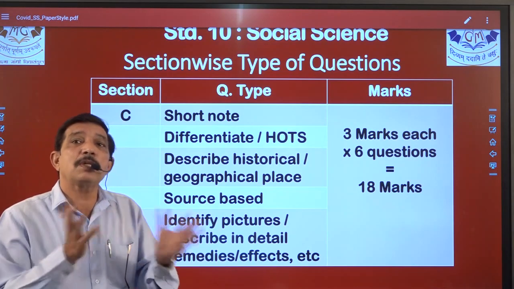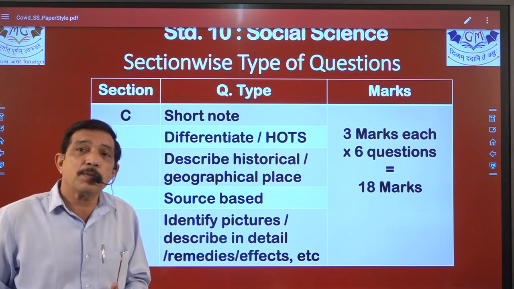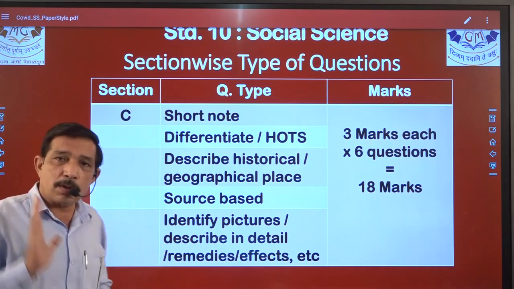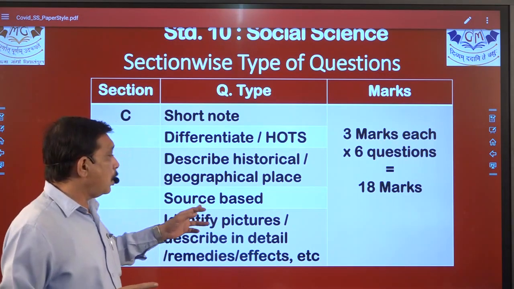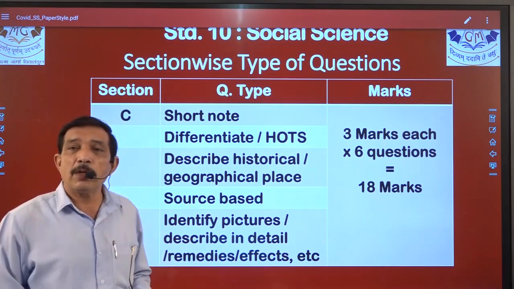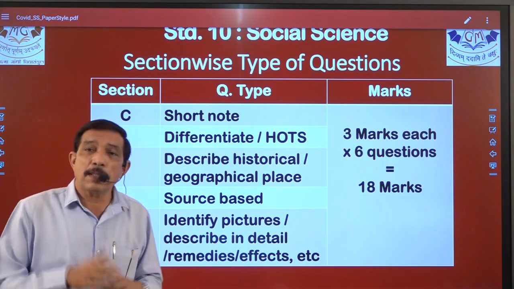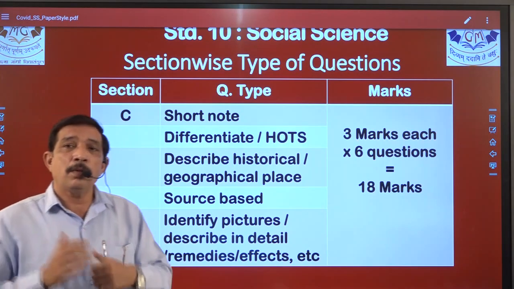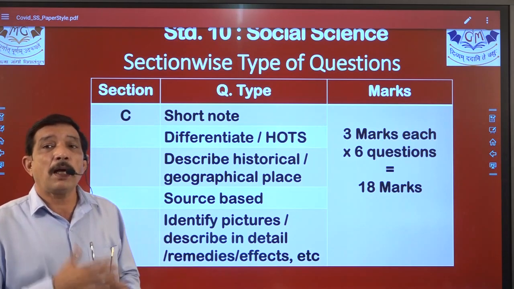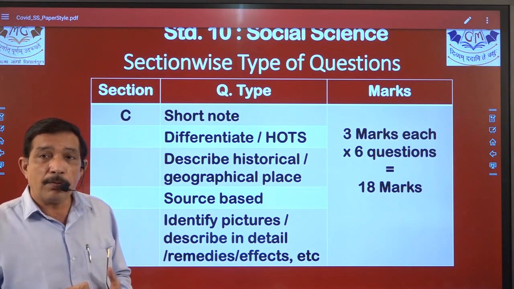That means suppose a table is given, right? That is the source and you have to answer 2 3 questions below it. So 3 questions asked, that means it becomes one 3 mark question, right? So that way, source based. And identify pictures. 3 pictures will be given, each carrying 1 mark. Yes, for example, hallmark, that is Agmark, and you have ISI mark and all that. So some pictures will be given, you got to identify that picture.